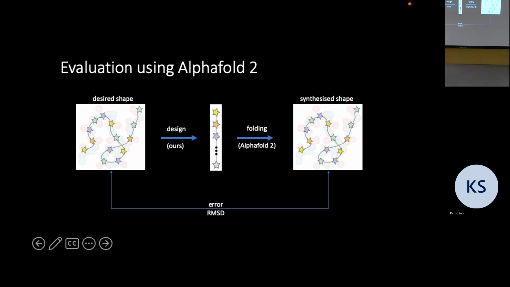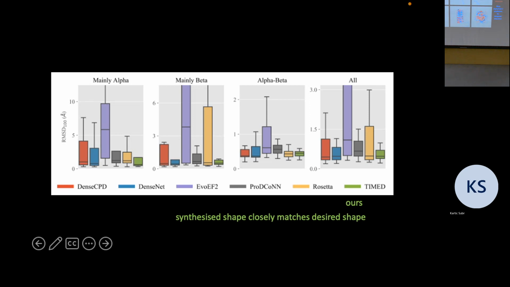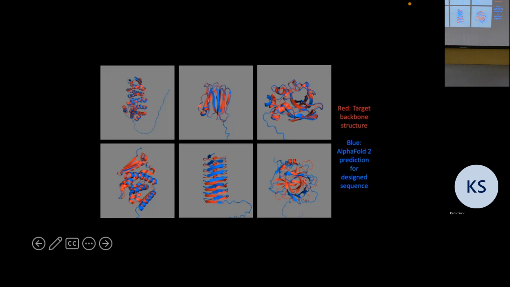I won't sell the paper here. And then we evaluate it using AlphaFold. So we have some shape, we design it, and then we run AlphaFold on ours. We find the shape that it gets, and then we find the error. And we found that we were able to design very close to the target. Again, I won't go through all of the graphs, but this is what it looks like. The blue is ours, the red is the target structure. Somebody told us, I want a protein that is shaped like this. And then our method said, well, if you want that, then the first component needs to be leucine, the second one glycine, and all these different amino acids. Once we put all of those together and ran it through AlphaFold, we got back the blue structures, which are fairly close.